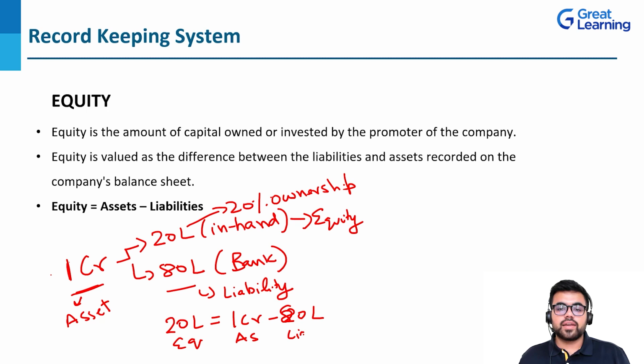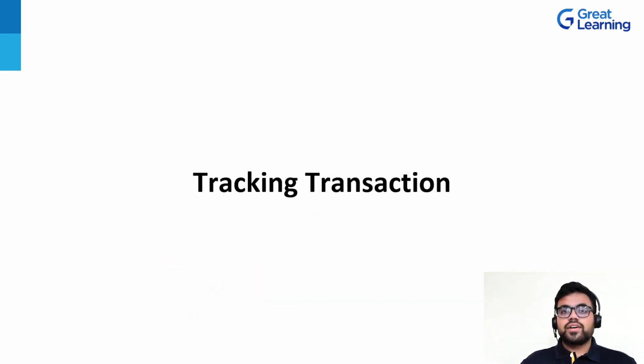The next module is tracking transactions. So in the previous module, we already learned some of the basic terms and terminologies used in accounting, be it revenue, assets, liabilities, equity, expenses, etc. Now in this module, we'll learn the different ways in which we can know that a transaction is occurring, right? So the second question that comes to our mind is, what is the need of